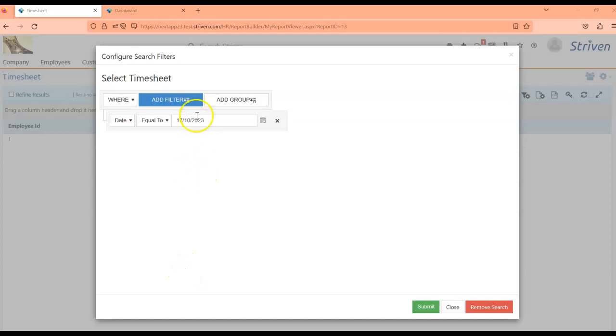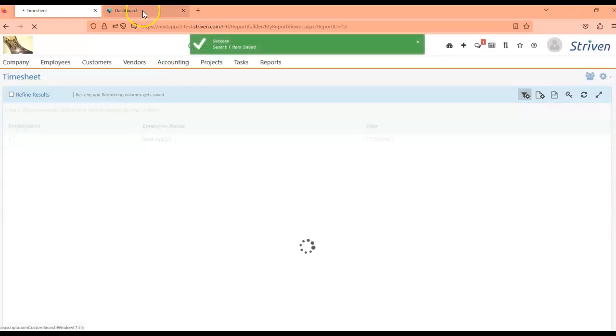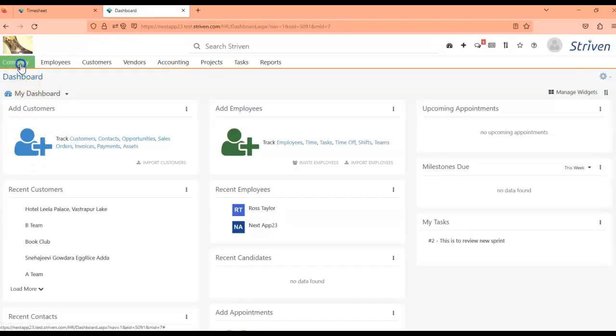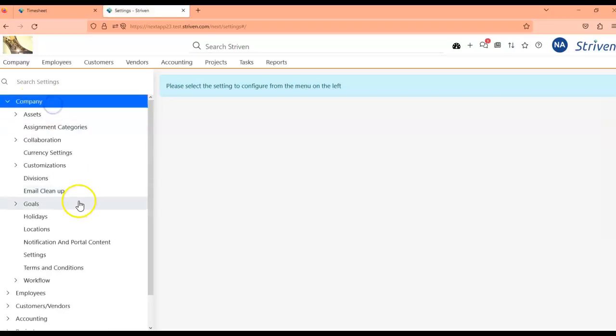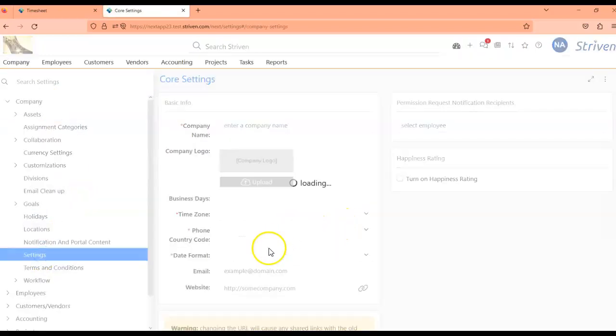Hi Pash. So this is the use case I was talking about. For this tenant, the time format that I've set is DDMMYYYY, and the date that I've selected is 17th of October. If I submit this report, it works fine, but if I change it to MMDDYYYY,